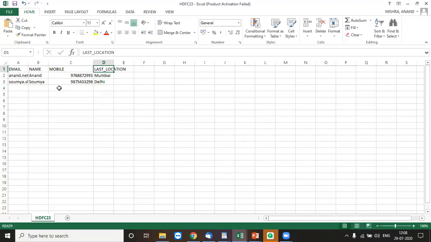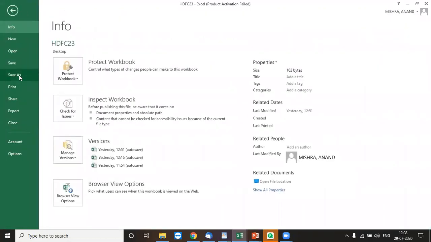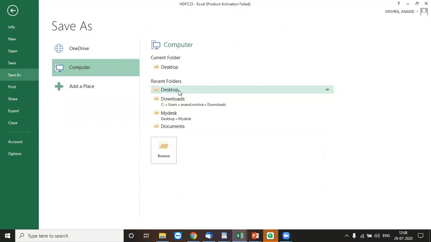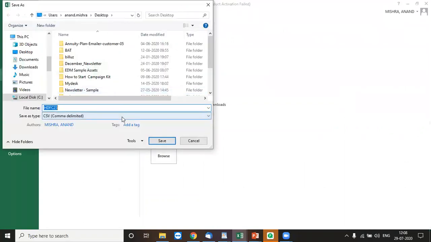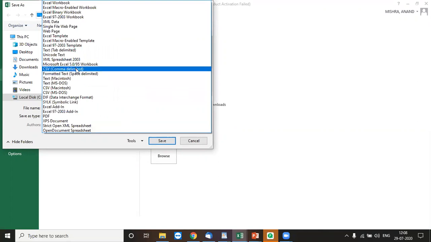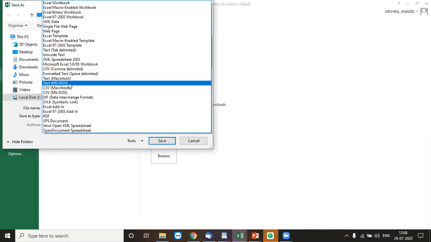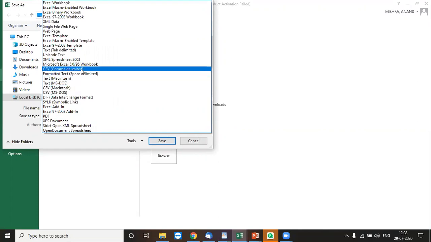And now a very important thing: how your file is going to be saved. It should always be saved in comma delimited format, that is CSV format. The very basic option, CSV format, and no Macintosh, no MS-DOS, purely comma delimited.